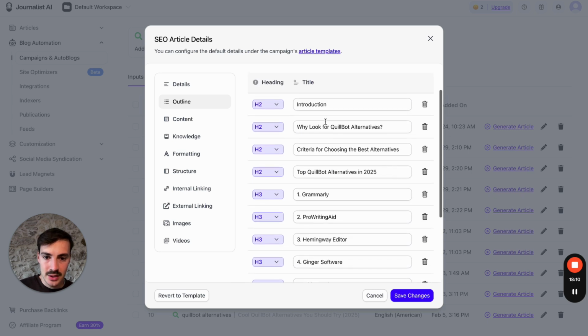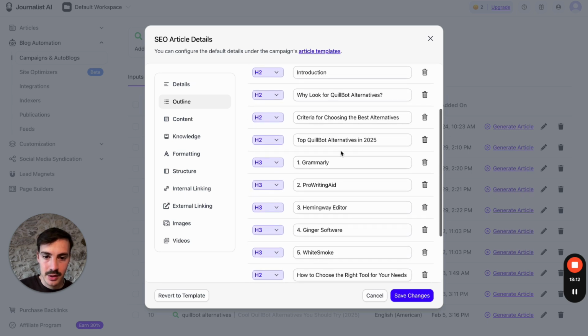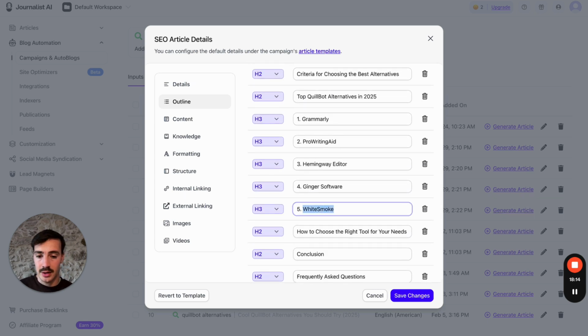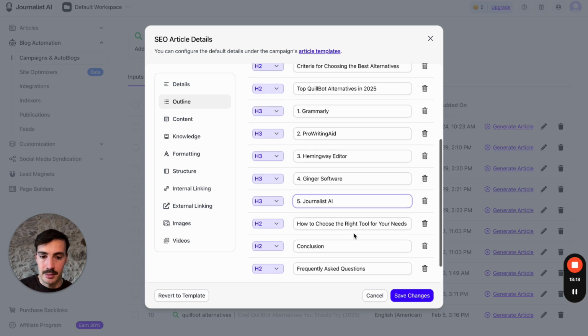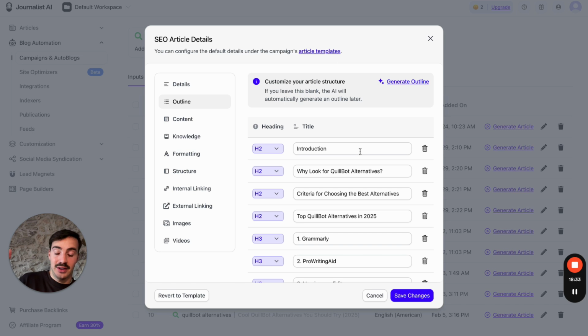Okay, so it suggests an introduction, why look for alternatives, whatever. And we can even add our competitor here if we'd like, right? Journalist AI. Actually, let's just do this. Again, this is a great way to, because there's a lot of nuance here, right? And the goal with Parasite SEO is to rank for stuff that makes you more money, right? And so if you're leveraging this technique of ranking for your competitors' brand names and then alternative, which by the